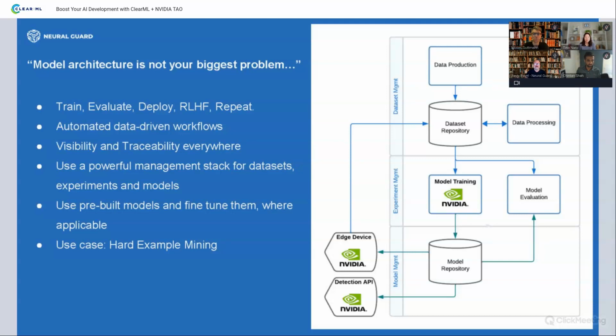You want to have visibility and traceability everywhere, because as a developer, you want to see how your models are doing, right? How well they're doing, how much data you have, what kind of data you have. You need traceability and visibility on all levels, on the level of data, right?